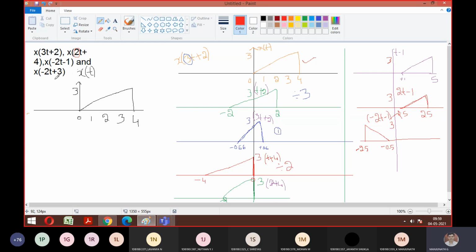So last category. What should you plot first? Advancing of 3, sir. Good. So t plus 3 means you have to do advancing. So for the original signal, if you do advancing by 3 units, how does it look? Just replicate. Start from 1, the new start. Good. So 4 to 3 is first, 3 to 2 is second, 2 to 1 is third. So it means this line will come exactly from 1.